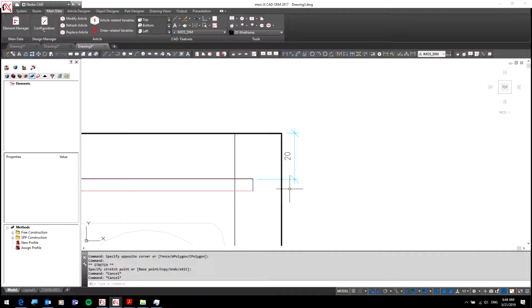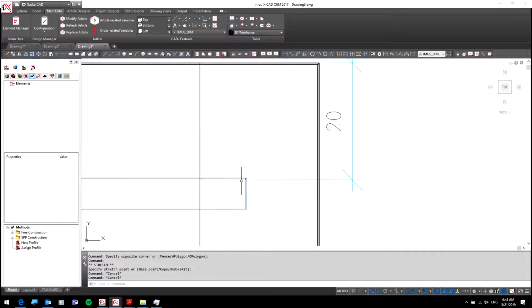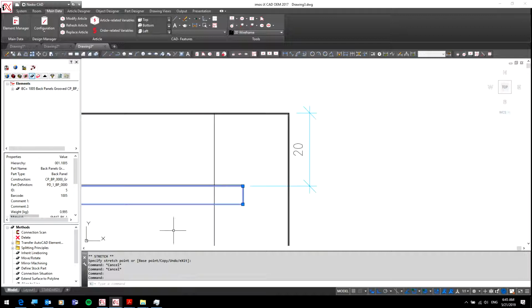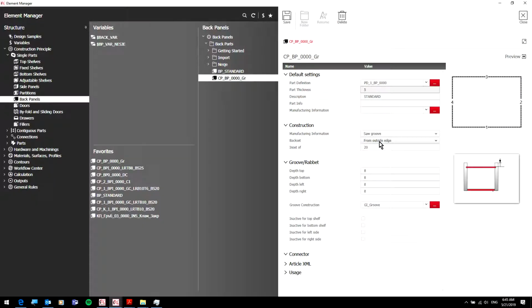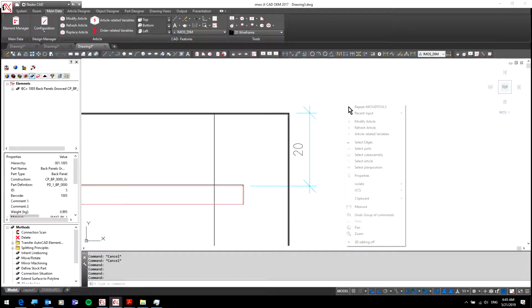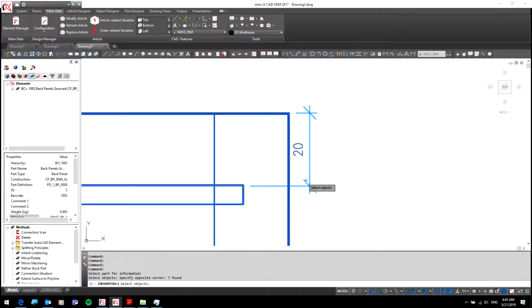So this reference is the back edge of the panel, right? The back edge. Yeah, this is the back edge, this is the front edge. Okay. So if I want to use the front edge, I mean inside and outside, if I use inside and refresh again,